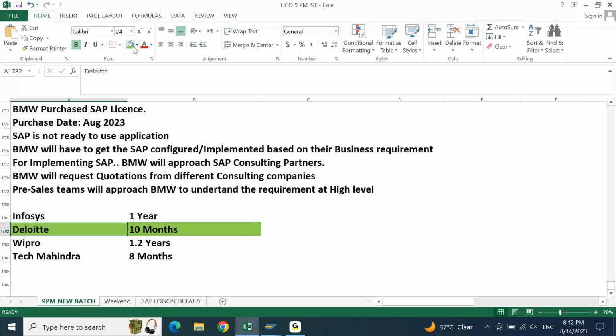If not, he will raise a requirement to the HR team stating that I've got a project, or we will be implementing one project for a big client, which will be a 10-month project. Now we need one FICO consultant, two ABAP consultants. Likewise, they will give a requirement. Based on the requirement, your HR